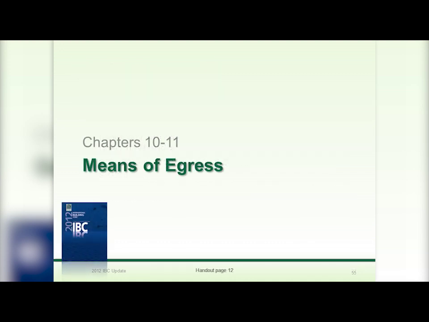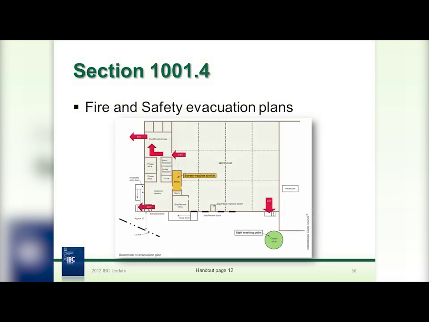Next section that we're going to look at here is means of egress, chapters 10 and 11. Back up in the front of chapter 10, section 1001.4 basically is a reference to the fire code for fire and safety evacuation plans. The idea was that they wanted to make sure that when the building was being designed